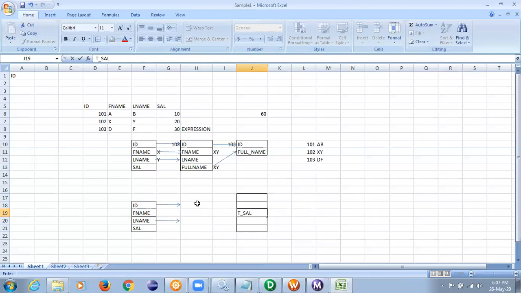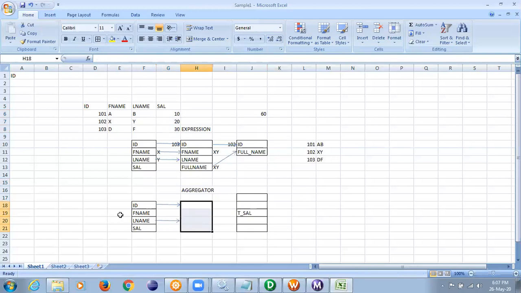Now, is this calculation row wise or column wise? Column wise. Here comes my next transformation, which is called the aggregator transformation. You just have to understand it in SQL. To get this in SQL, what will you do? Sum, right? Sum of salary. Select sum of salary from table, correct? The same thing will be done in Informatica by putting an aggregator transformation.